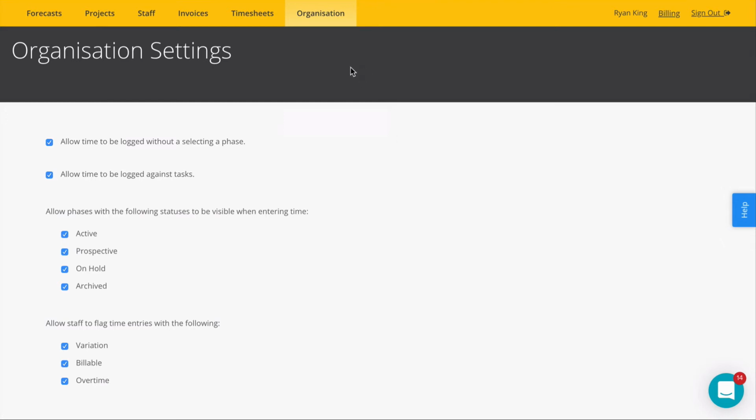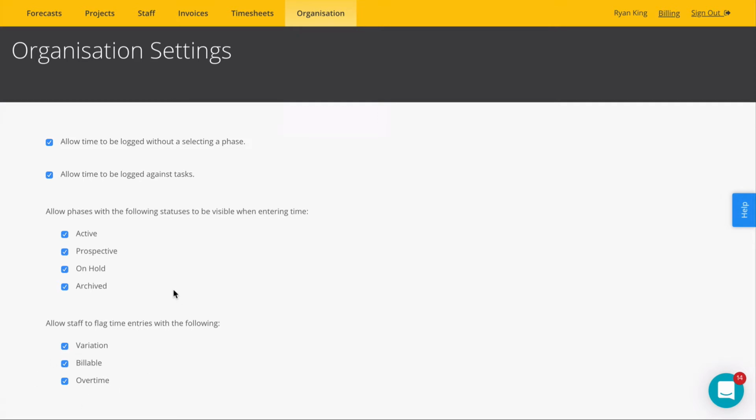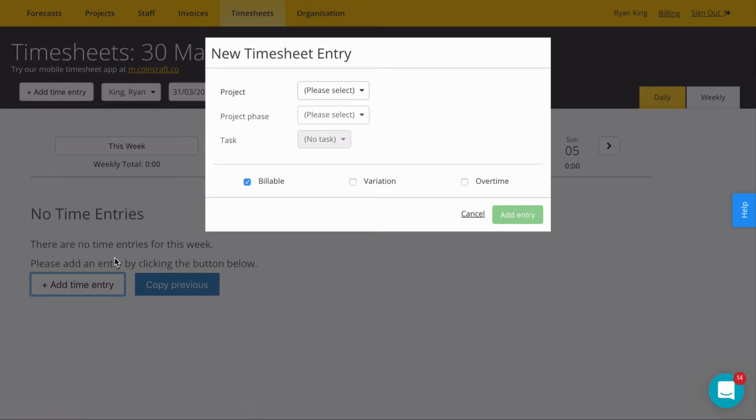You can customize Coincraft by going to Organization, then Settings. Here you'll see a bunch of options for controlling how the system acts, mostly in regards to time entry. To demonstrate how this works, I'm just going to go into Timesheets here, open up a new time entry, and